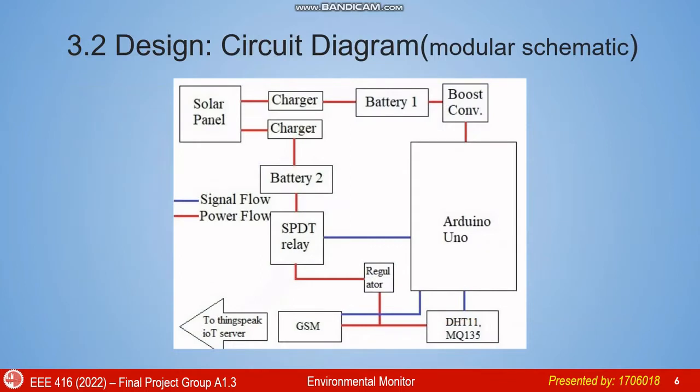This is our modular schematic of the circuit diagram. From the conceptual diagram of our design, we can see that two batteries are powered by a single solar panel and two separate charging modules. One module supplies a single battery, feeding into the boost converter to drive Arduino Uno continuously. Another dual battery drives the high power GSM module